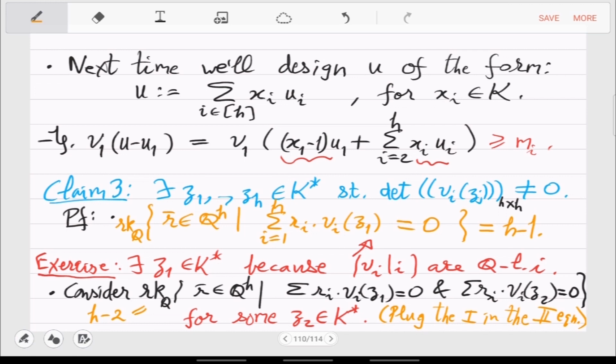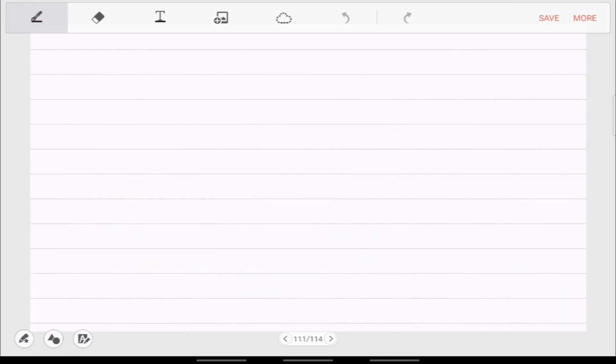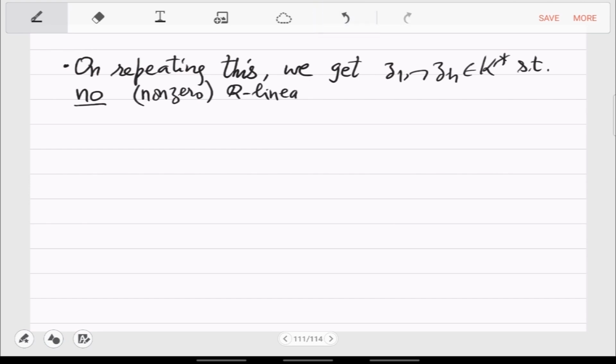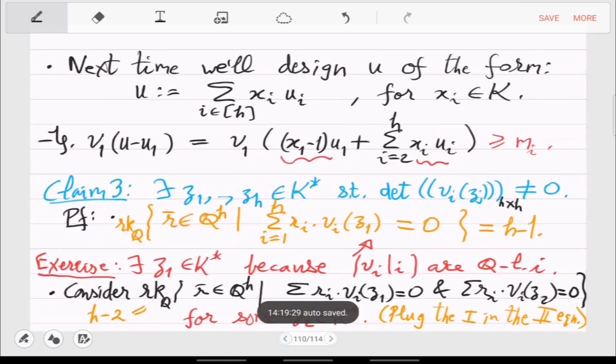And yeah, so when you keep doing this, so on repeating this, we get Z1 to ZH in K star such that no non-zero Q linear combination of Vi Zj